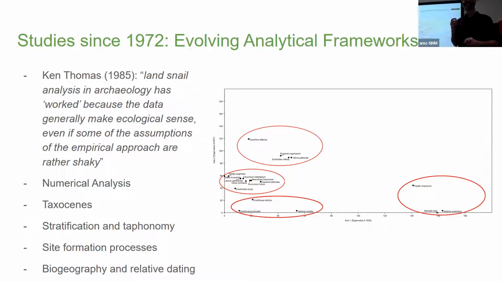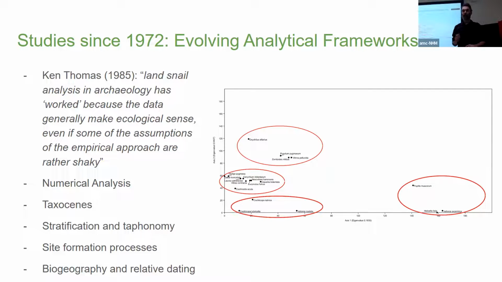One of the things he noted was that, in comparison to, he used the example of archaeological insect analysis, archaeoentomology, there was a lack of use of numerical techniques of statistics and particularly diversity indices in land snail analyses, which is certainly true at the time. He does say in that paper that John Evans was working on something at the time, and another paper was published in the same volume that looks at diversity indices in archaeology.